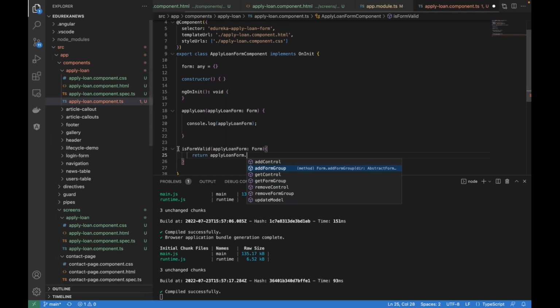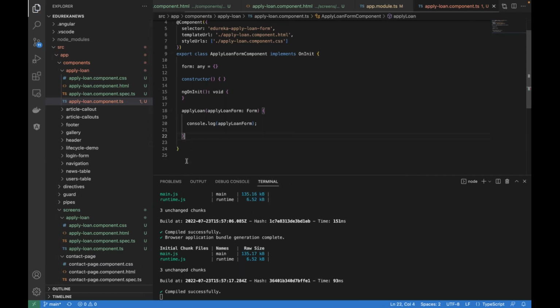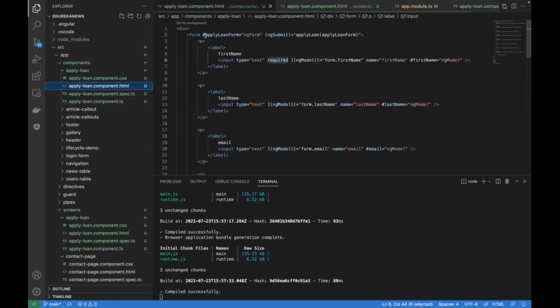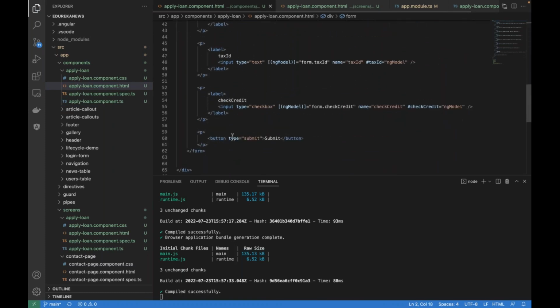I think it would be better if you do it in the template only. So let me show you directly in the template how we can do this. Because this is the template variable, apply loan form is a template variable over here. So I can just scroll down to the button. I can write a property over here which is disabled, and again assign it to applyLoanForm